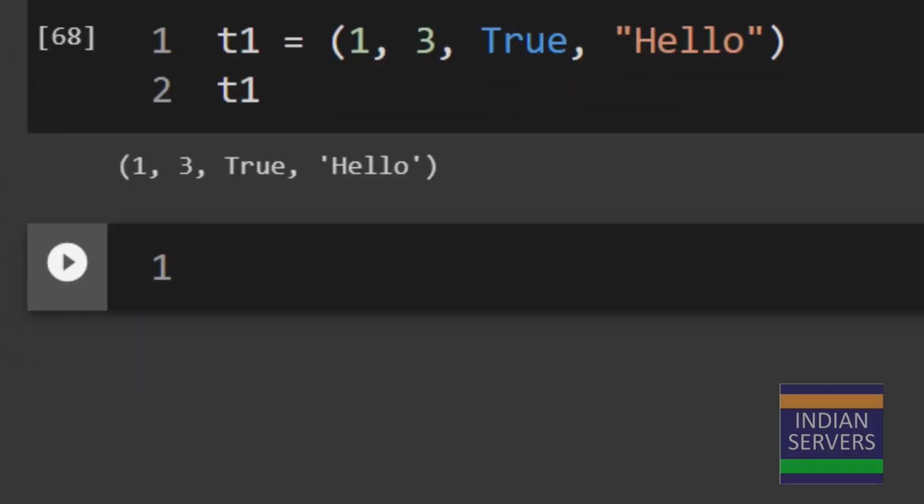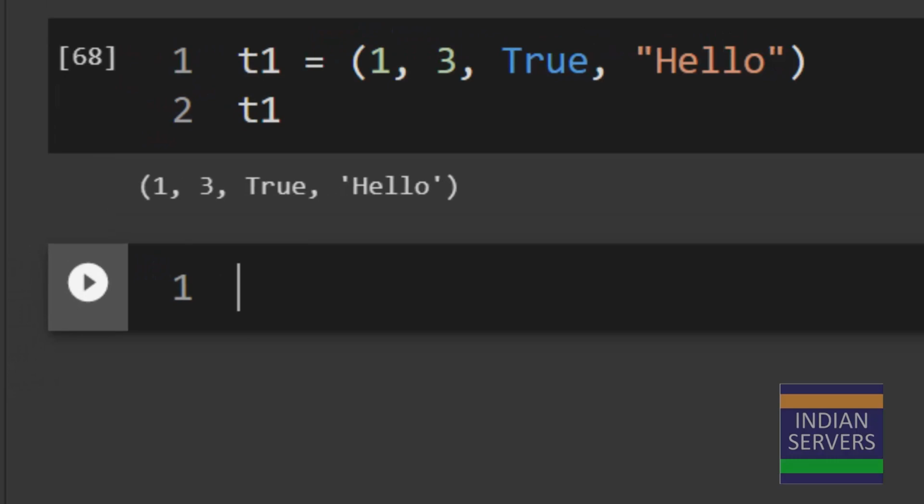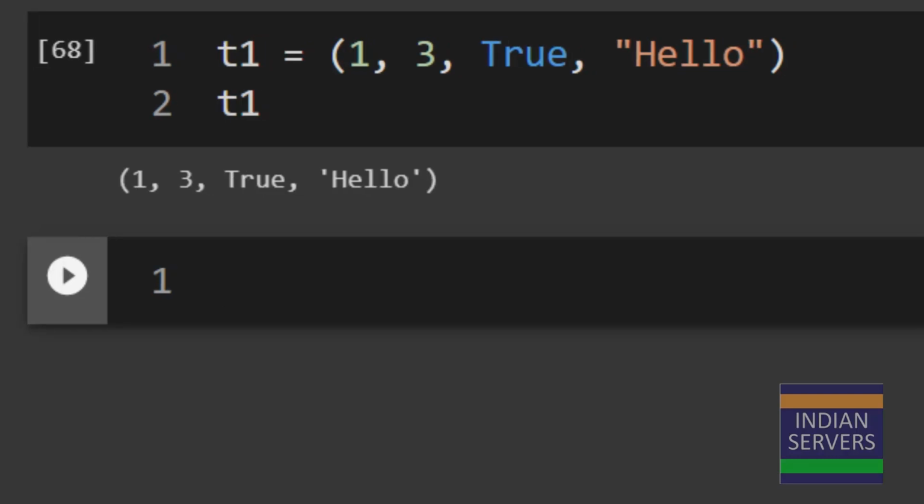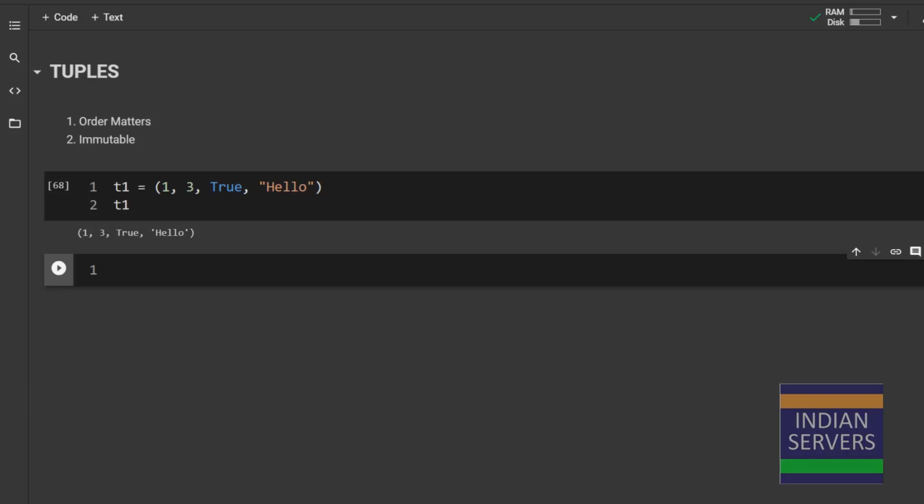And since tuples are immutable, they don't have functions like add, append, remove, pop, etc. They only have two functions, count and index. If tuples don't have all of these functions, and if tuples cannot be changed once created, then why are these created? What they lose on the methods and features side, they make up for it with certain other advantages like